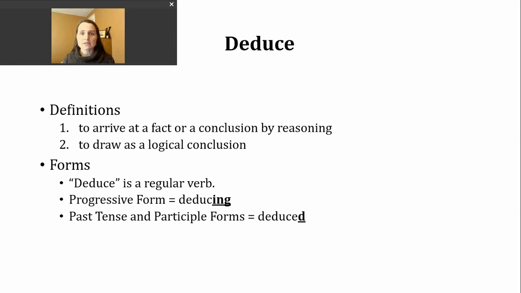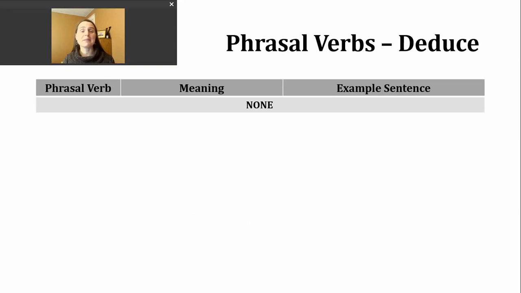To make the progressive form, we're going to drop the E and then add ing to form deducing. The past tense and participle forms of this verb are made by just adding the letter D since this verb already ends in an E. The base verb, deduce, ends in an S sound. So our past tense ending is going to make a T sound. Deduced, deduced. You'll be happy to know I don't have any additional meanings through phrasal verbs,